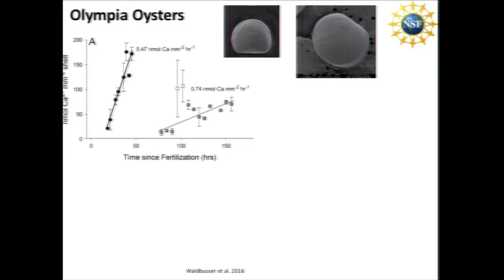And what we see is about an 8-fold difference in the calcification rate during the initial calcification in the Pacific oysters and in the Olympia oysters, and this is something we can talk more about later. I still haven't quite figured out what happened here, whether that was a real analytical outlier or if there's actually some process where they're kind of gathering stuff and then putting it all into the shell. What we wanted to do is try to look at what kind of effect or what's their energetic budget that's occurring during this time.